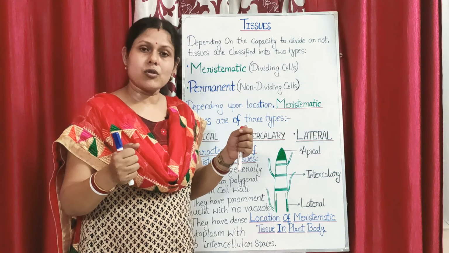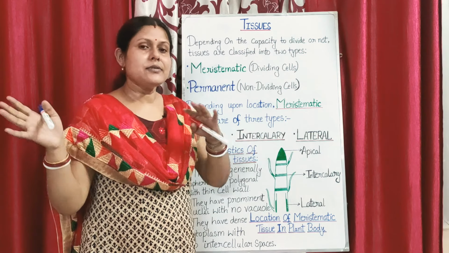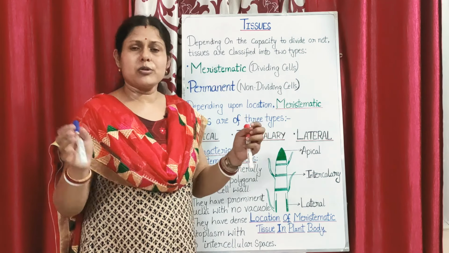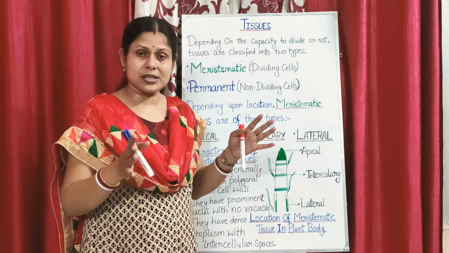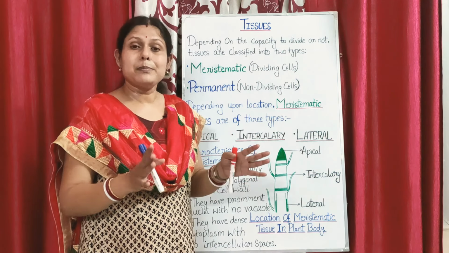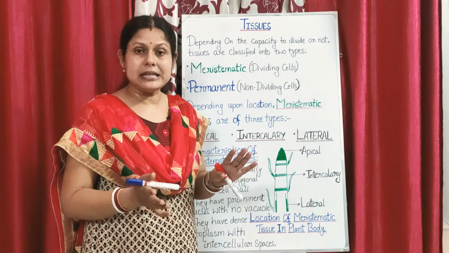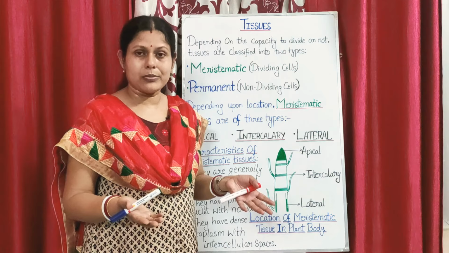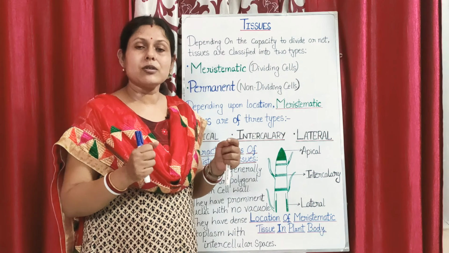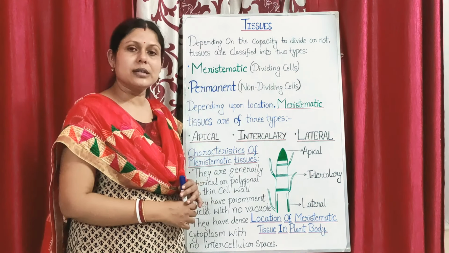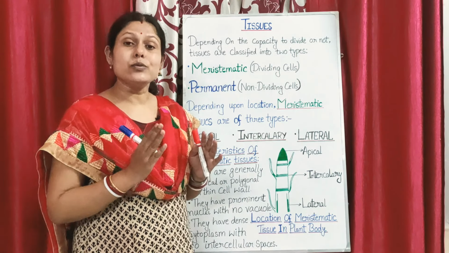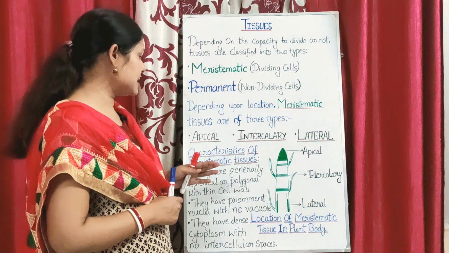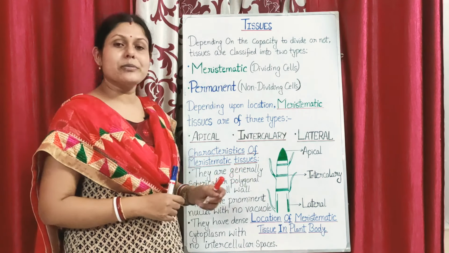So if the plant is strong, if it is sturdy, then if there is any kind of external agency like wind or heavy storm or cyclone or any such natural calamities, the plant will not be uprooted very easily. Although it is uprooted when the cyclone is too high, most of the time, because of these protective tissues found in plants, they can withstand these stressful conditions prevailing in the environment. Now next is the characteristics of meristematic tissues.